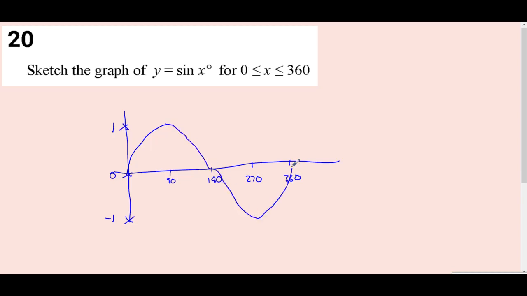You're not going to get marks for being perfect on this. It needs to be the general sketch, hit the key points. Probably looking at 2 marks for this, 1 for hitting the general points, 1 for getting the shape correct. And that concludes the